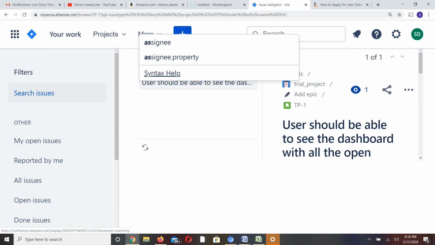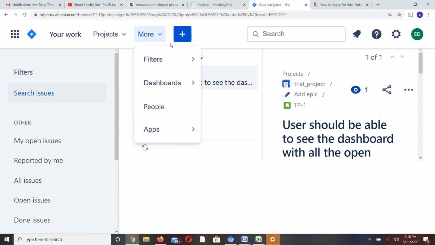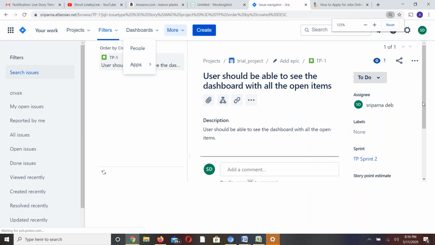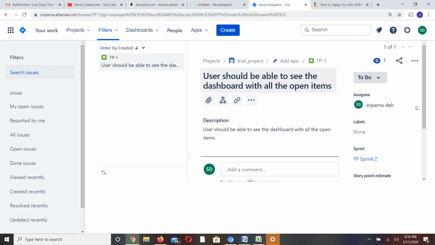Where is this assignee? Where is my query gone?